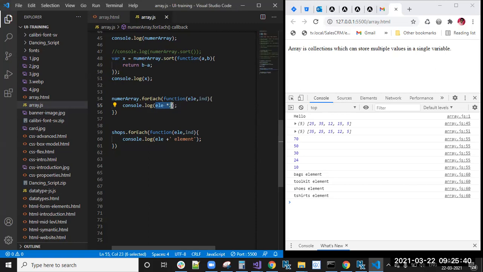Not only that, we can compare also by using if else conditions. So we can compare those elements also.